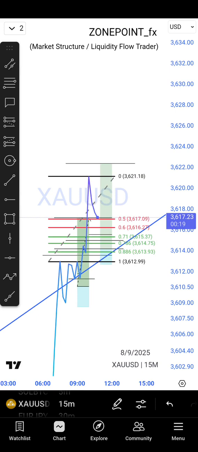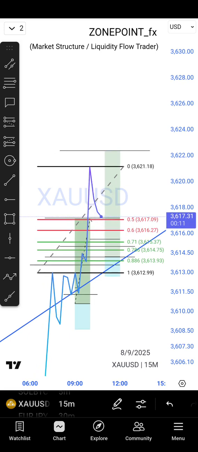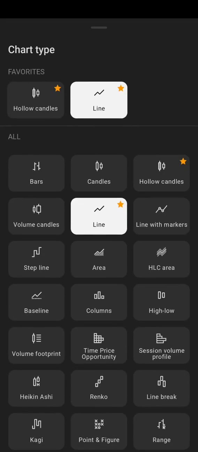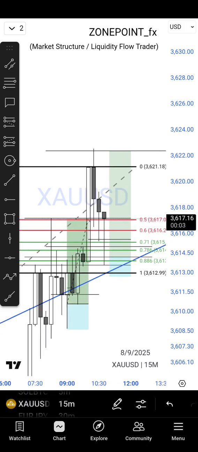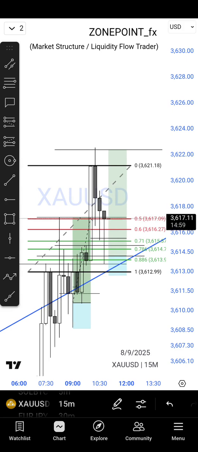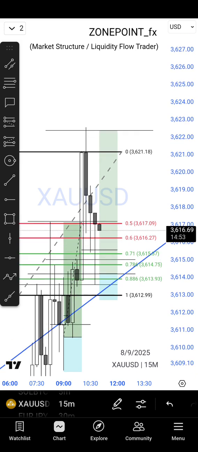And you see that if you have been following my video, I said 0.5 and 0.6 is the inducement in my Fibonacci. So we're expecting price to tap in below the 0.6. Let's use candle, and you can see that price tapped in below 0.6 into this. So I'm expecting a buy move, and you can see a new candle is already forming,